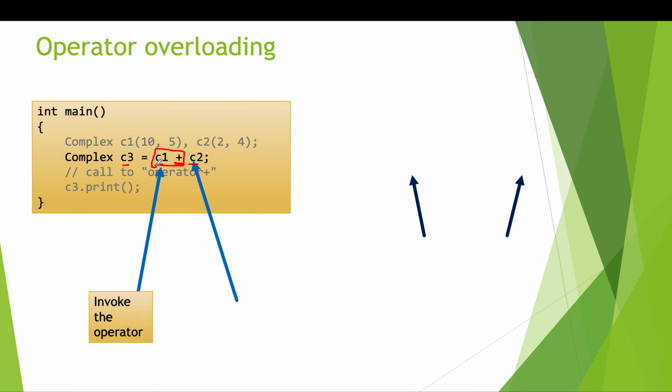This is what we have done using C1 plus. So this is the object which is responsible for calling the function. We know that we cannot call a function which is inside the class without the object of that particular class. So using C1 we have called the plus function. After that, what is C2 then? C2 you just imagine as the input. In the bracket we pass the inputs while calling the function. So here the syntax is such that we don't put brackets, but C2 is the one which is passed as the argument to the function. So C1 invokes the function and C2 is passed as the input to the function.